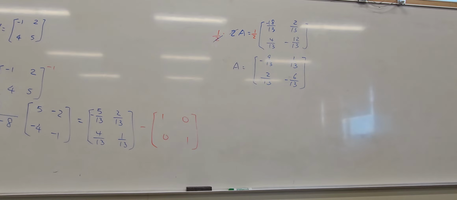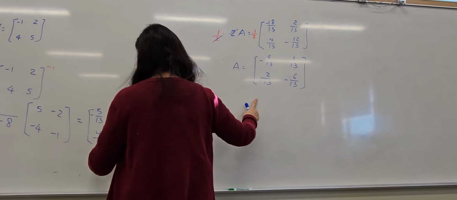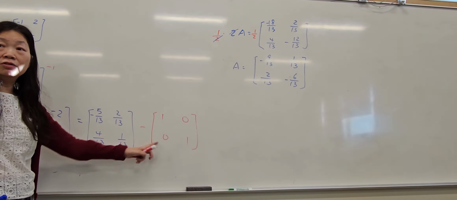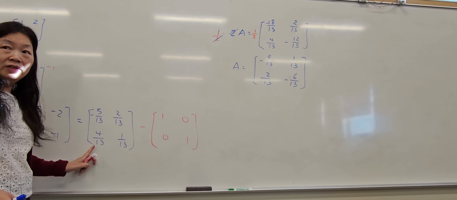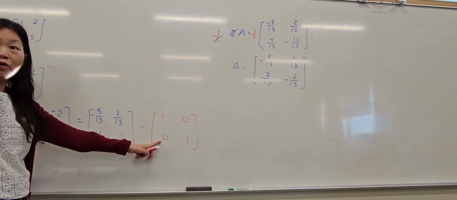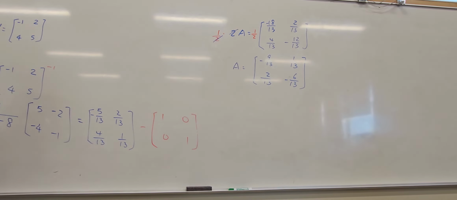Yes? 2 over 13 is supposed to be negative? Right. Where? This one? Yeah. It's positive because 4 over 13 subtract 0 is 4 over 13. This one comes here, right? Yeah, subtract 0 will still be 4 over 13. But when you multiply 1 over 13, it was negative, right? When I multiply this, it was negative before. When I multiply, it becomes positive. Oh,